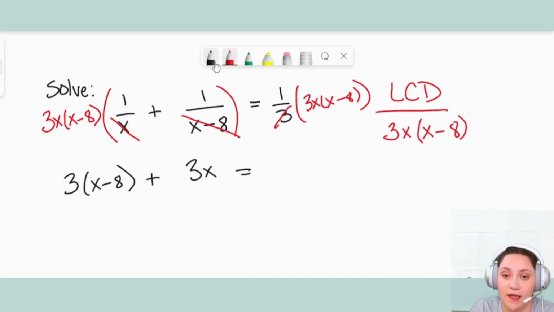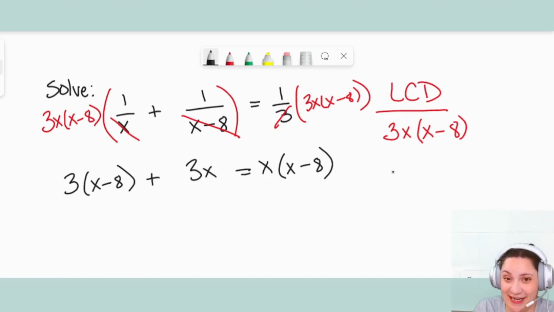These two 3's are going to cancel out. So I'm going to be left with x times x minus 8. So now, by using the least common denominator, I have eliminated the denominators. And again, in this problem, we didn't have to do any simplifying or factoring before we could do that step,